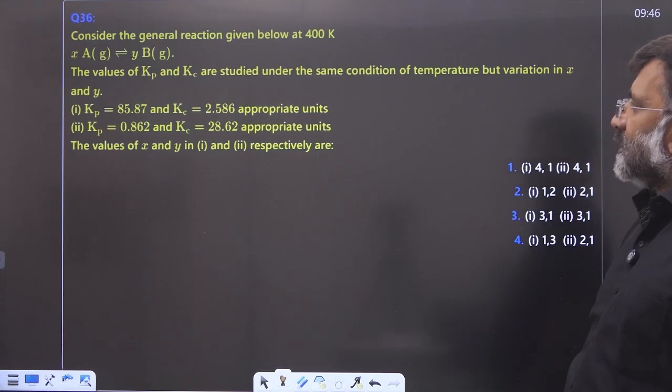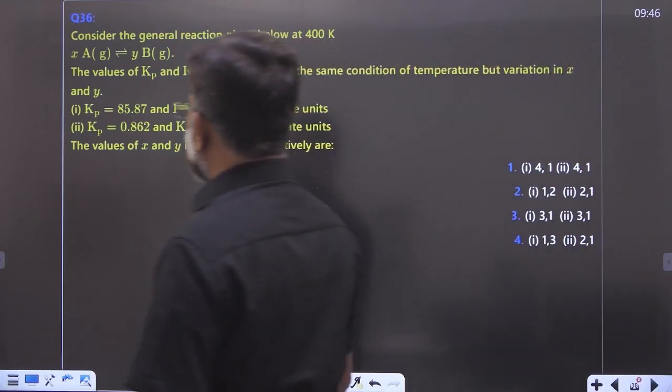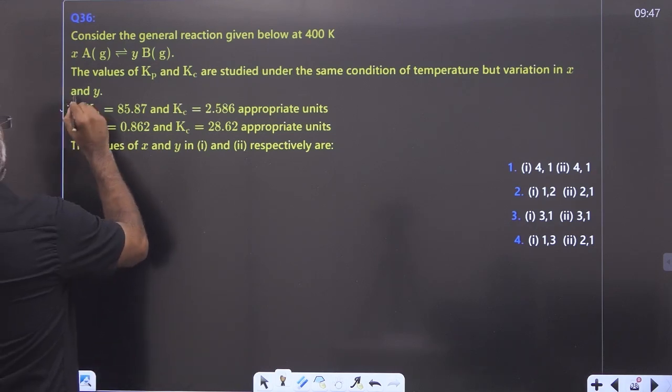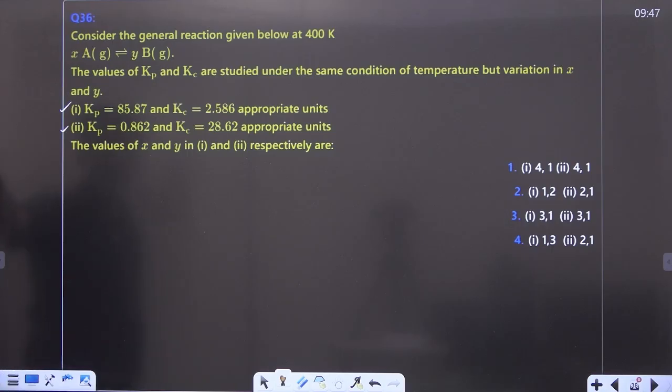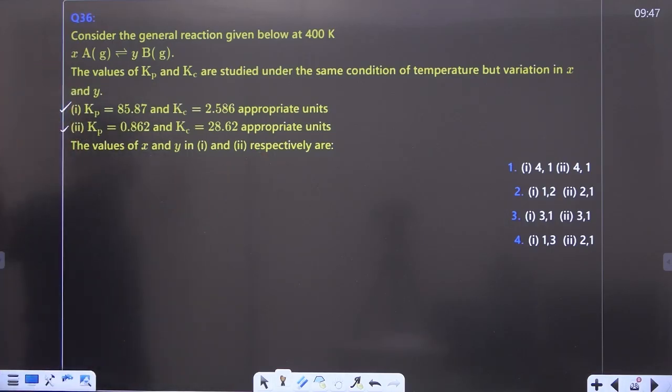Question number 36. Consider the general reaction given below at 400 Kelvin: xA gas giving yB gas. The values of Kp and Kc are studied under the same condition of temperature but with variation in x and y. X and y were changed and Kp, Kc were worked out. So case 1 and case 2, Kp and Kc are given. The values of x and y in 1 and 2 respectively are: